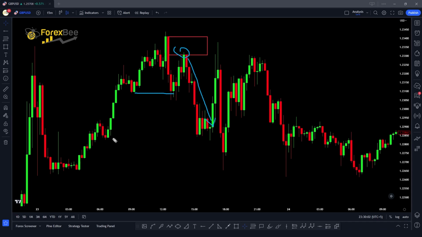So now what we can do is, we saw that there is the formation of these higher highs and higher lows in the market. So we can target these higher highs and higher lows as our partial take profit levels. Since these are two higher highs and these are two higher lows that were forming before the change in character,